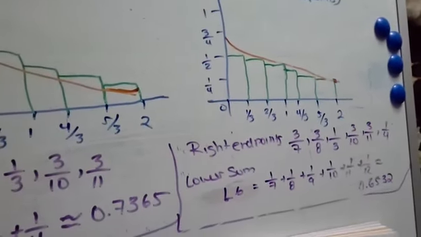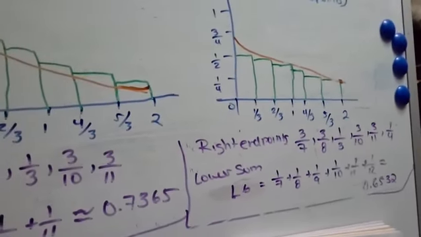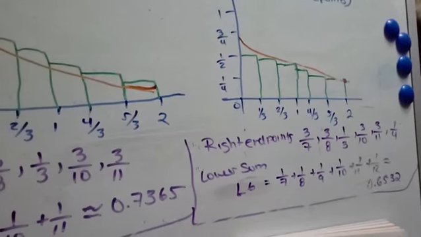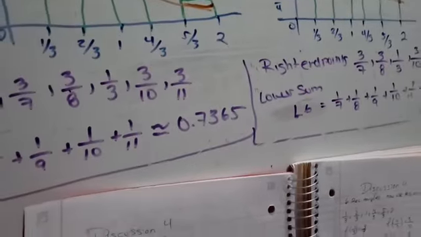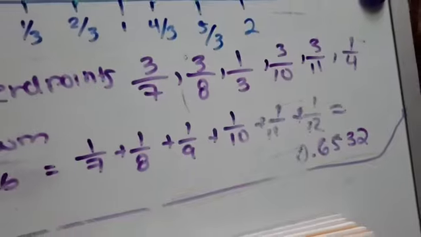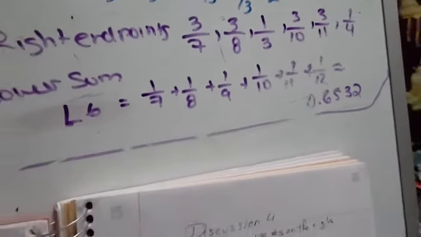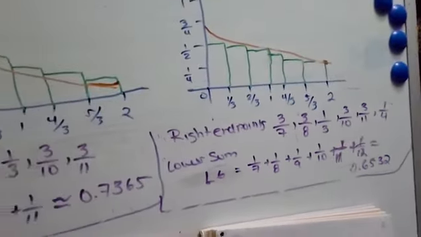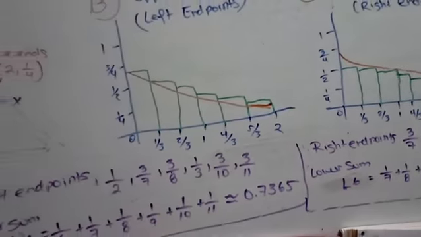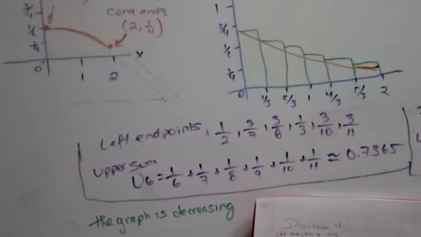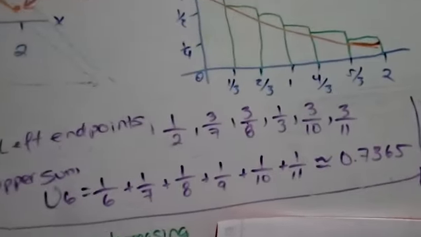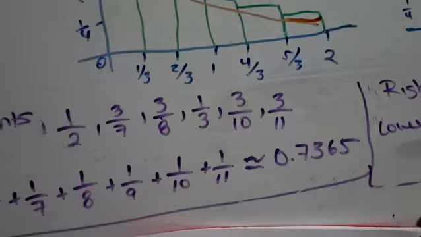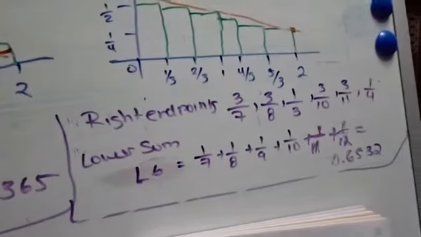Again, I multiply each height by the width of 1/3, and then I add the areas of all 6 rectangles. That gives me the lower sum of approximately 0.6532. So my final answers: my upper sum is approximately 0.7365. My lower sum is approximately